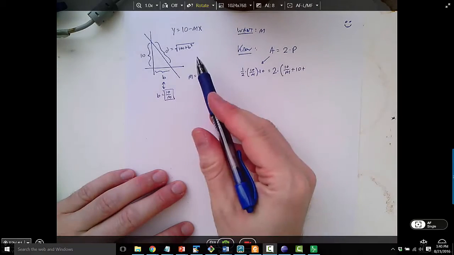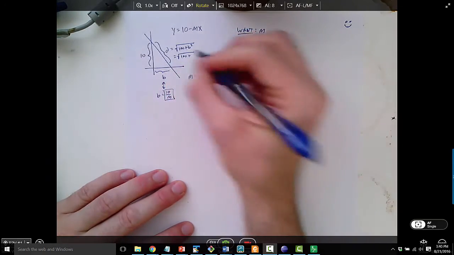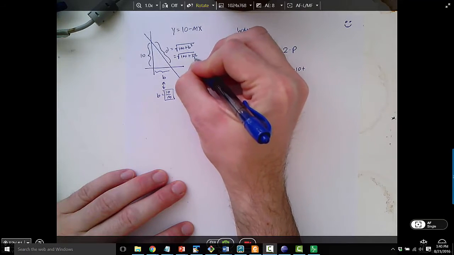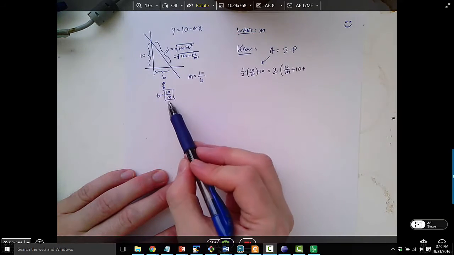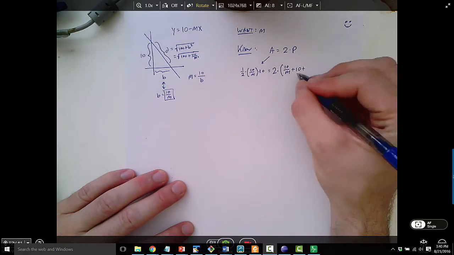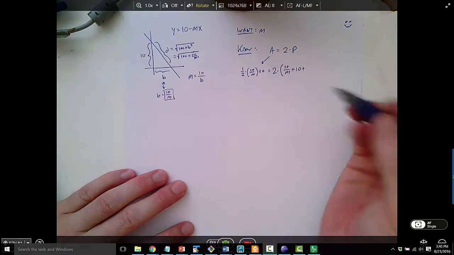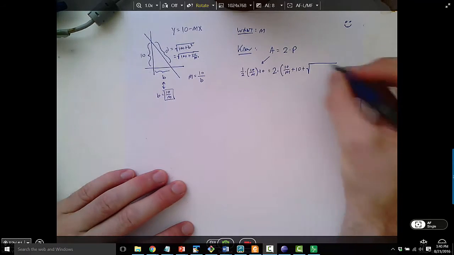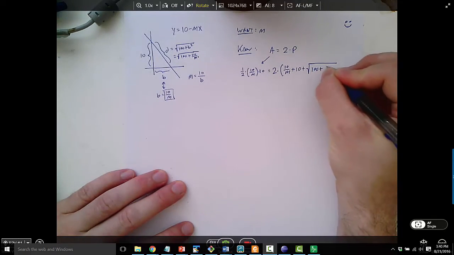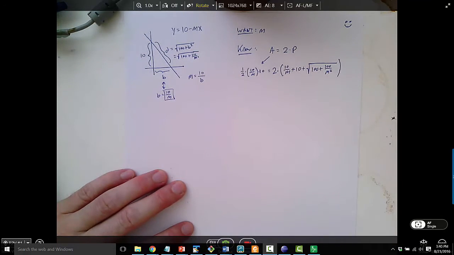But then I can substitute in for b, so that's really the same thing as 100 plus 100 over m squared. Imagine plugging that in for b and squaring it. Okay, so again, I'm writing the perimeter over here, so I've got those two sides of the perimeter. So now for the last side of the perimeter, that's root 100 plus 100 over m squared. All right, so